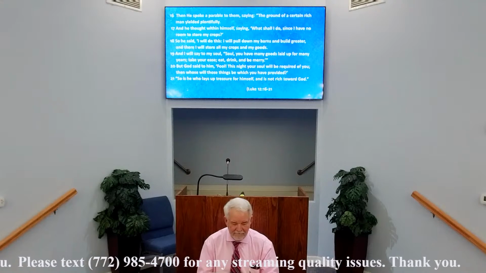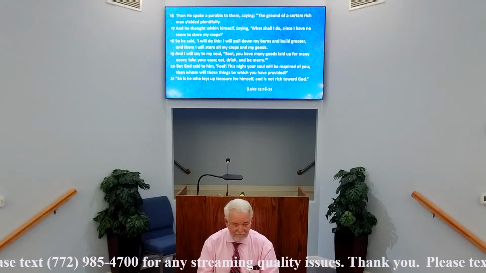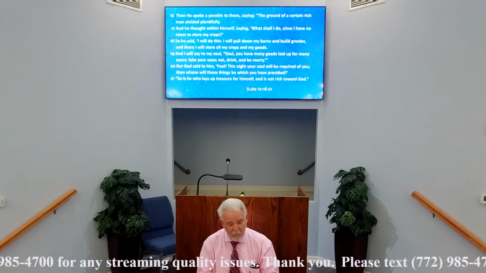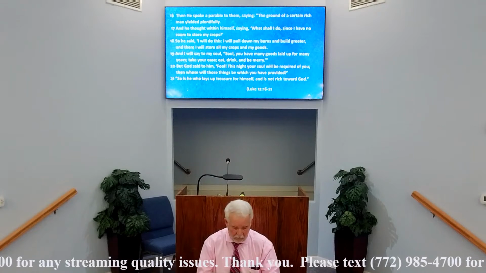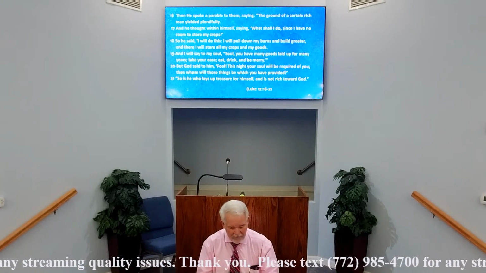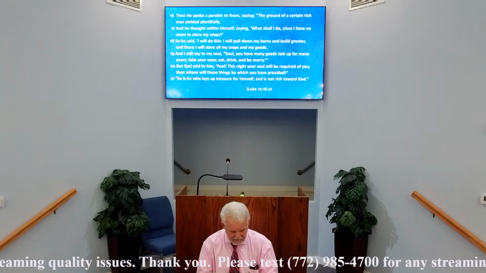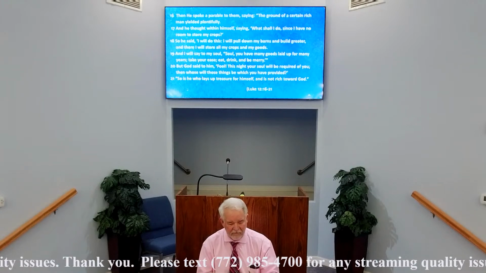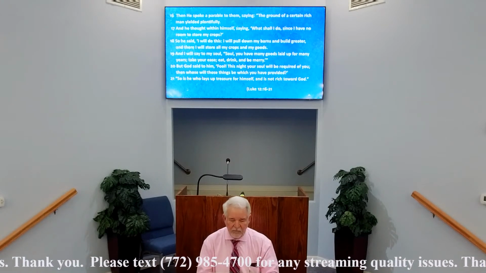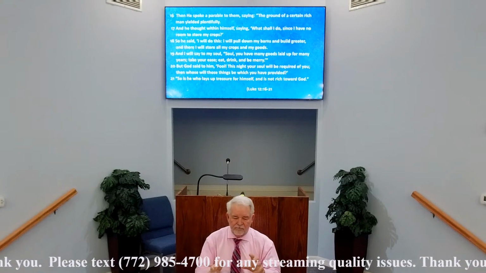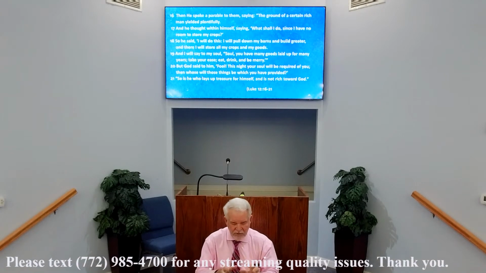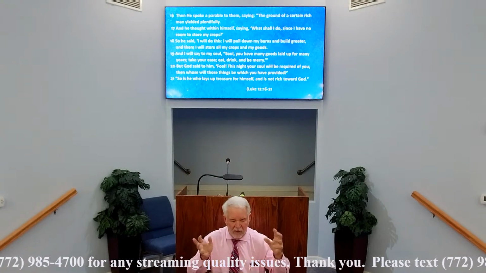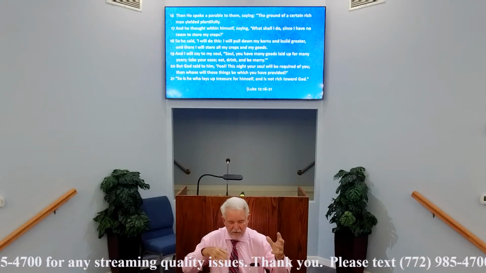But God said to him, what do you see here? Contrast. Big contrast. But God said to him, fool, this night your soul will be required of you. Then whose will these things be which you have provided? So is he who lays up treasure for himself and is not rich toward God. This parable has a lot of word pictures in it: tearing down barns, building them up, talking to yourself, eat, drink, and be merry.